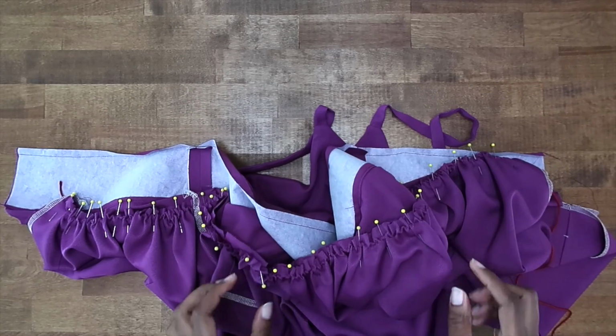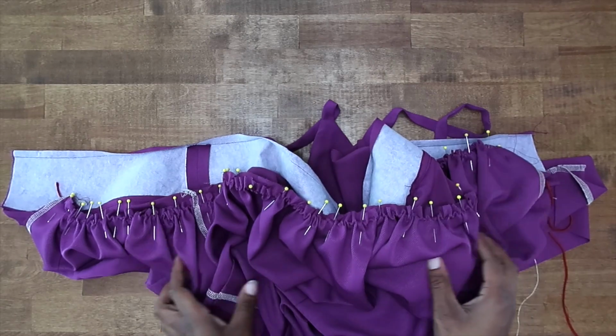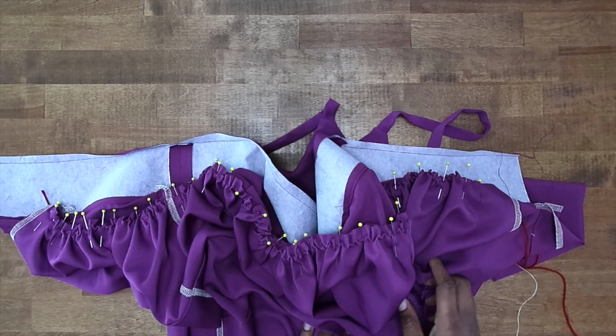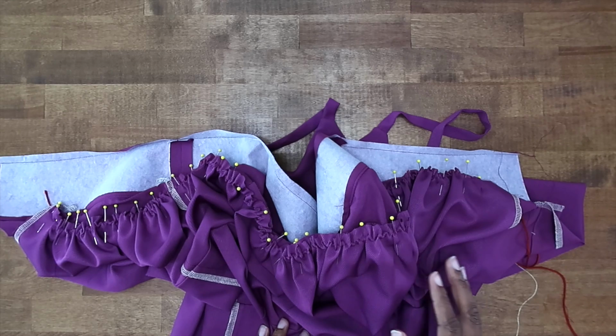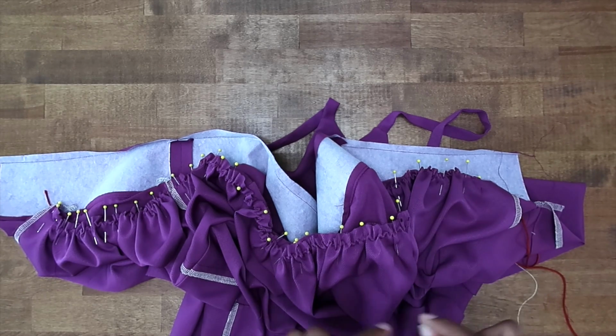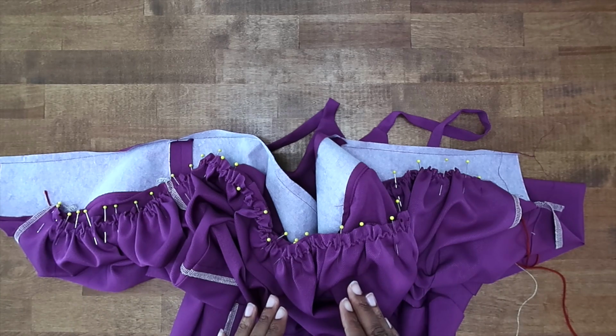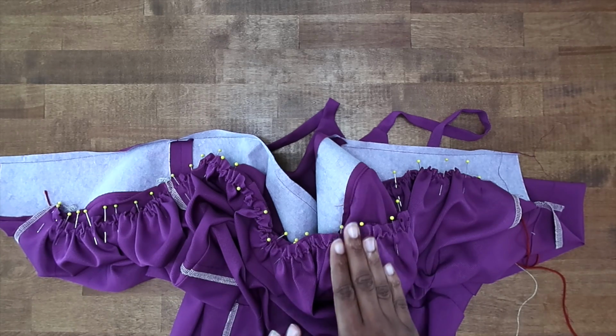All right, now that we have the skirt pinned to the midriff, you've adjusted your gathers and everything is evenly distributed, we can go to the sewing machine. We want to stitch it at a 5/8 inch seam allowance, and then we're going to stitch again a 1/4 inch away from that inside the seam allowance, just as a double stitch to really secure everything. So let's go ahead and stitch it in place now,